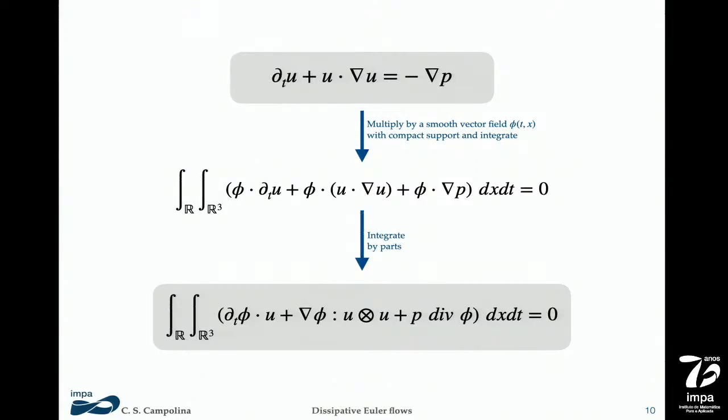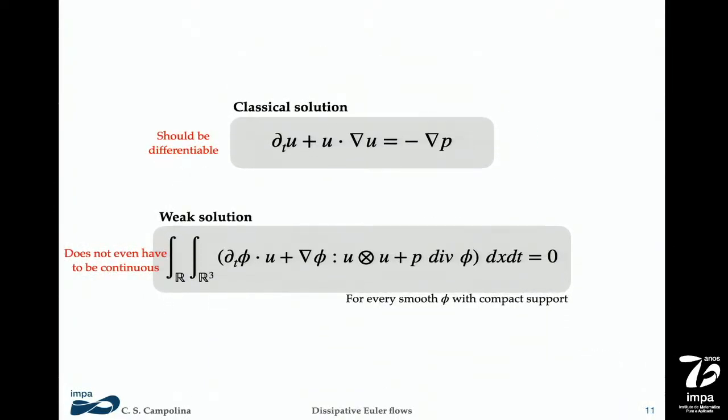And we pass the gradient of pressure as a divergence to phi, right? After this procedure, we have two different equations. We can do the same for incompressibility, to demand the vector field to be incompressible as well in a weak sense. And then we arrive at